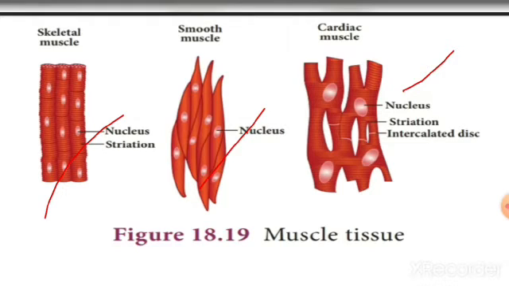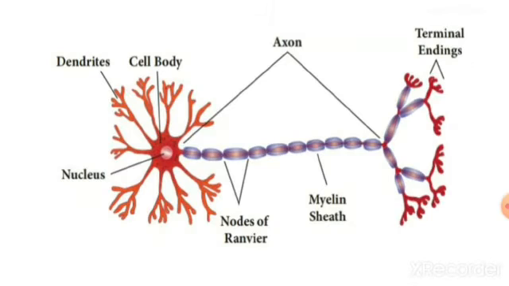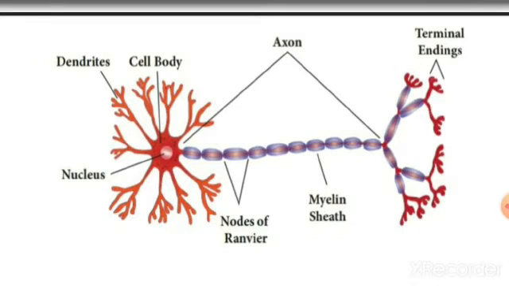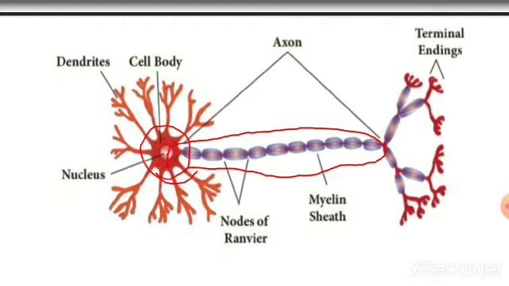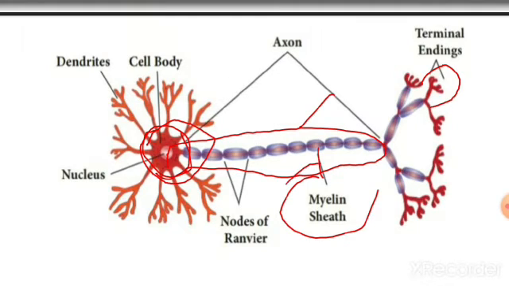And next one is a nerve cell. The body of the nerve cell is branched with an elongated nerve fiber. This is the nerve fiber. This is the nerve cell body. The body of the nerve cell is connected with the elongated nerve fiber, and these are the terminal endings and myelin sheath. This fiber is made up of myelin sheath,